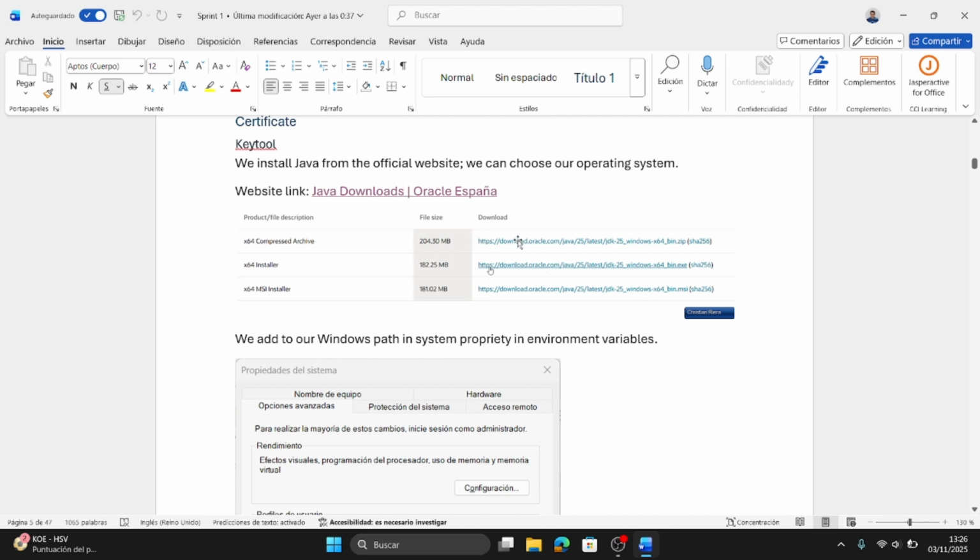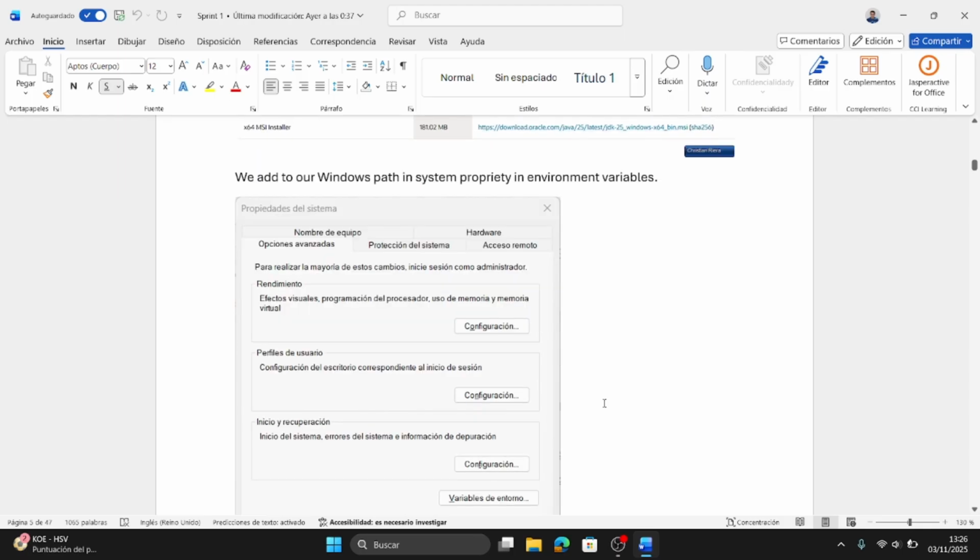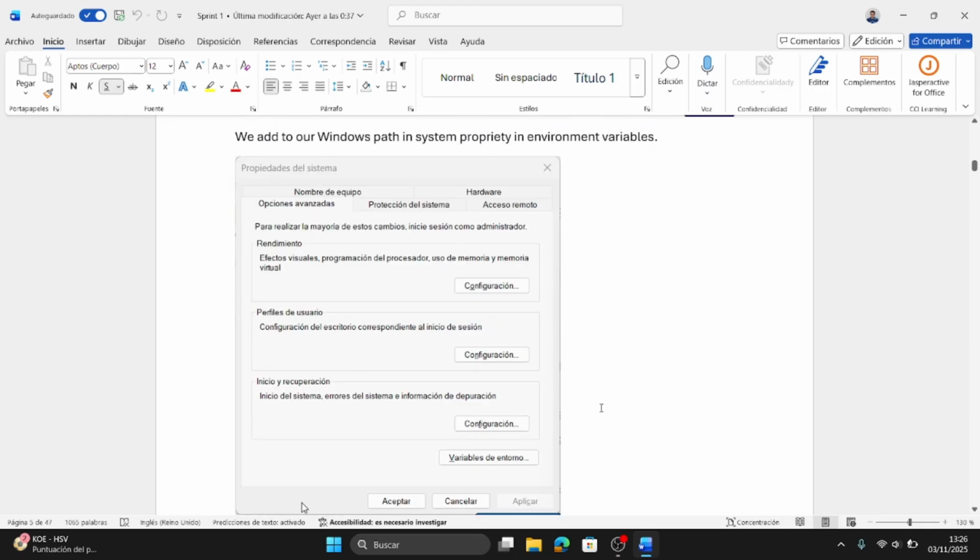When we download and we have the file ready, well, in Windows we have to go to the system properties and we have to add the path, because in CMD, well, Java needs the permission to be run.